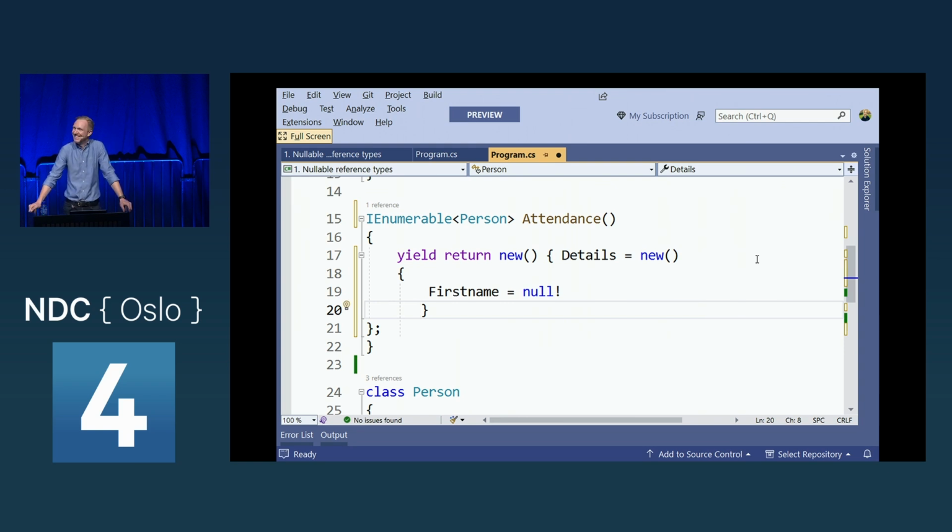Probably not the best idea. So while you think you are smarter than the compiler, you're most certainly not. Therefore, we should set this to some default value. Maybe we do string.Empty instead, if you want to do that. You get the idea, right? So we could set it to a default object instead, which is not null.